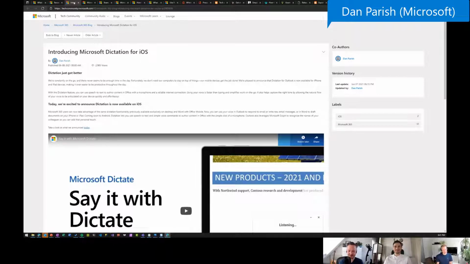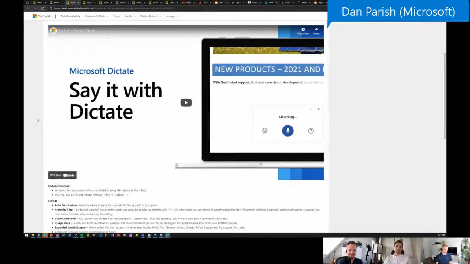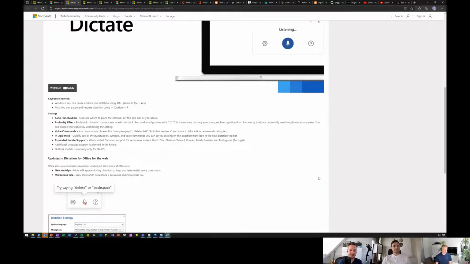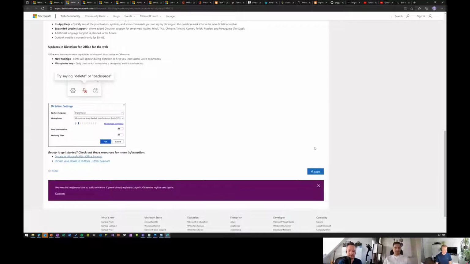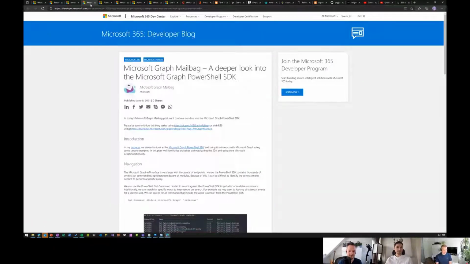Now, introducing Microsoft Dictation for iOS. This is a new product related to dictating, and this is actually really cool if you think about the amount of stuff doctors and others need to dictate a lot. So a new product available in the Microsoft 365 area: Dictate for Microsoft 365. Now, moving on to the developer side of the house, Microsoft Graph